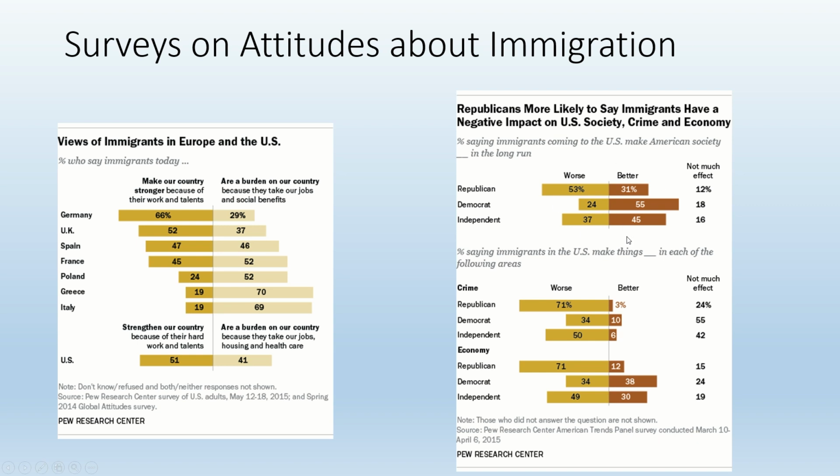As you can see by this chart, if you look at specific issues, Republicans are very concerned about crime, for example, that immigrants are making crime worse. They're concerned about the economy, that it's making the economy worse. And honestly, if we look at the data, it really does not hold up to those fears. But it's really hard to convince people of that when they're embedded in their own belief systems that are reinforced